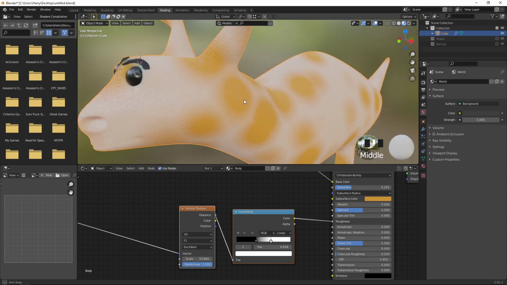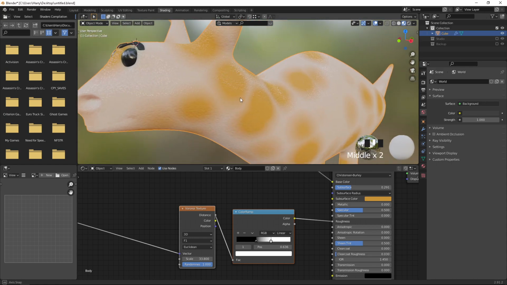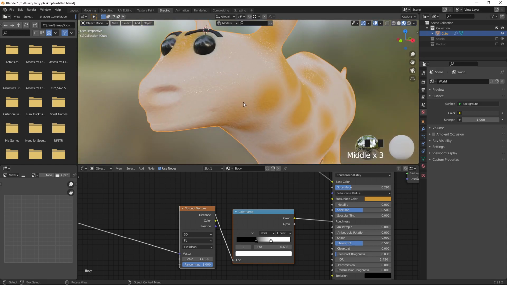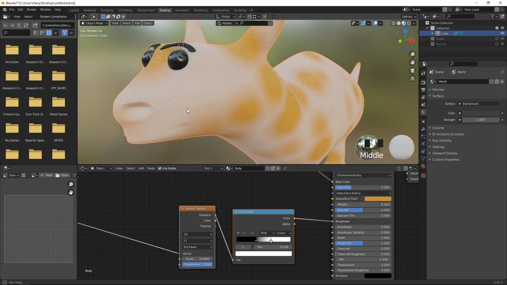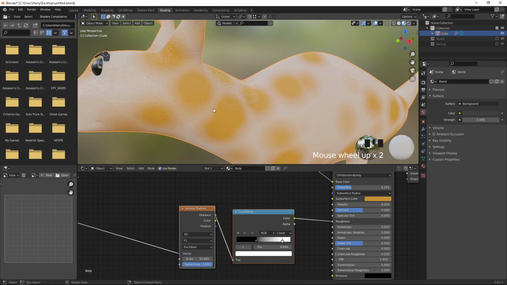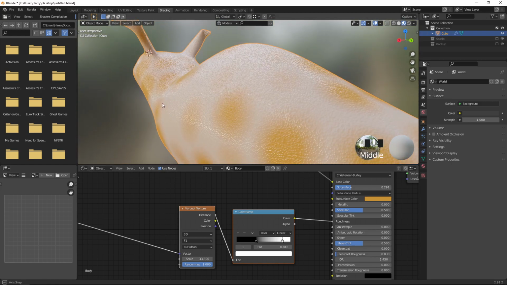Okay, now our character looks a little bit shiny. Can you see this? Yeah, this looks fully shiny, I feel, so I make it increase the